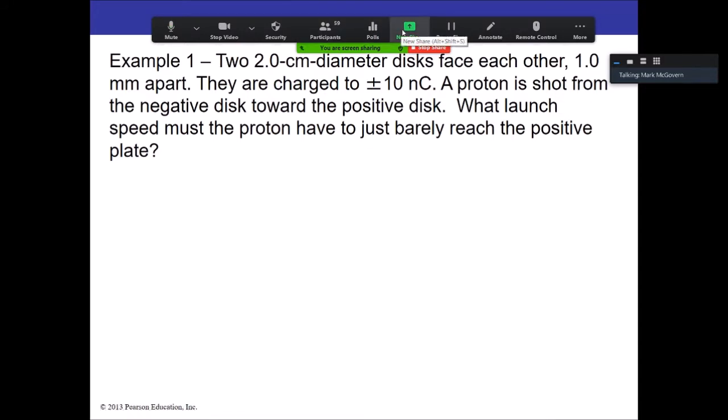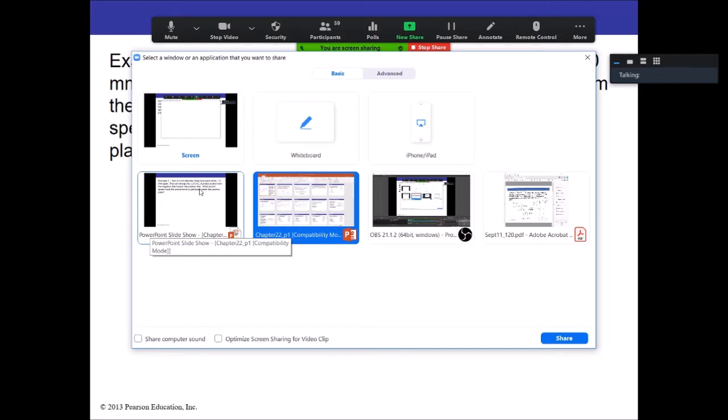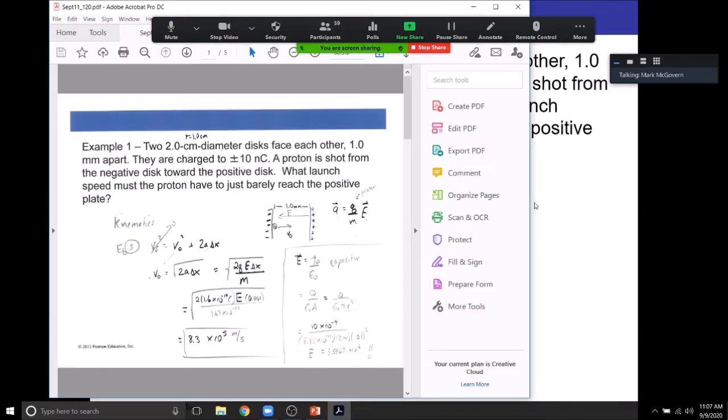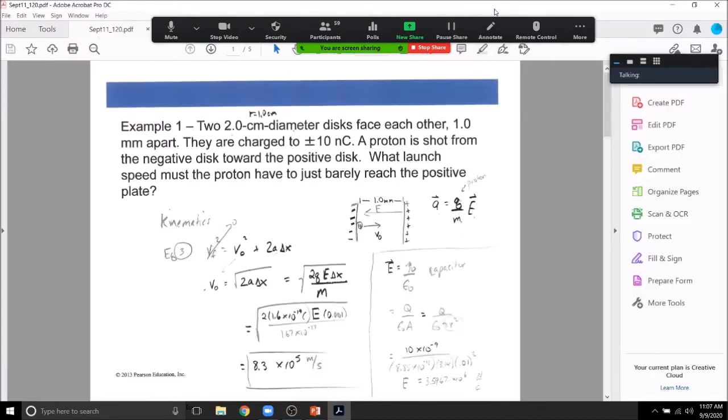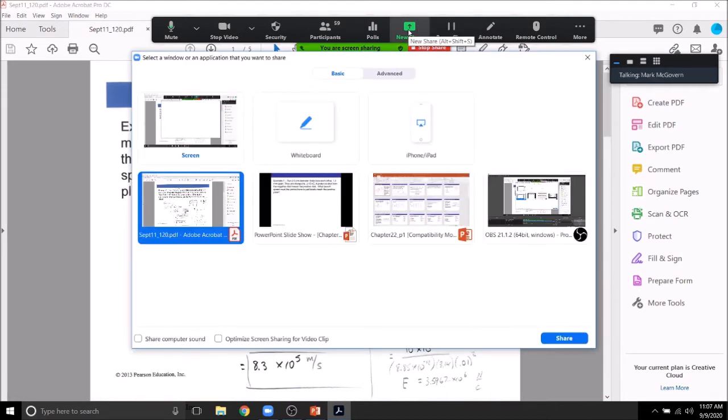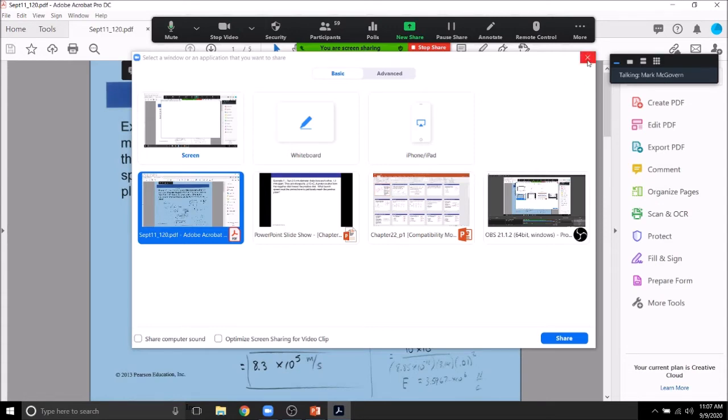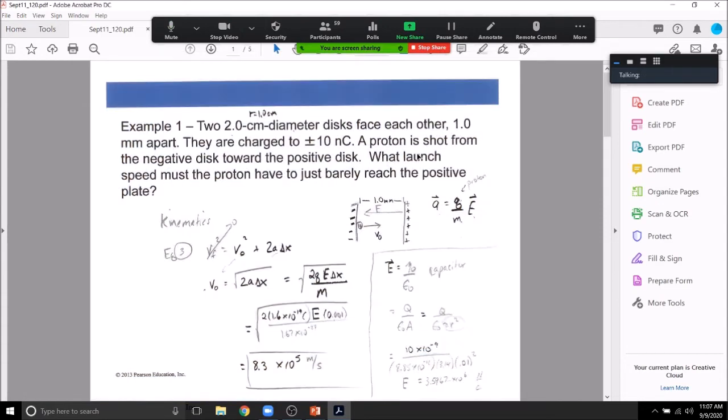Let's just get right into that one, which is right here. I'm assuming you can see that. Yes, you can. Oh, come on, Zoom. Not nice. All right, so